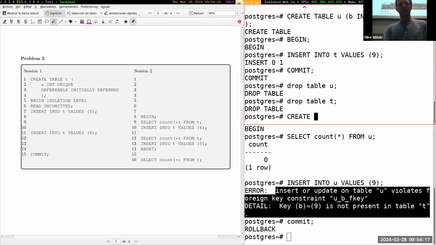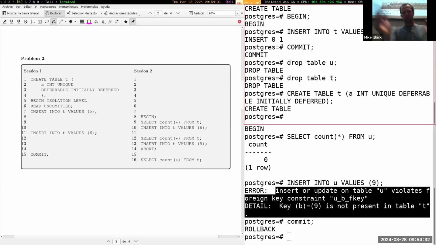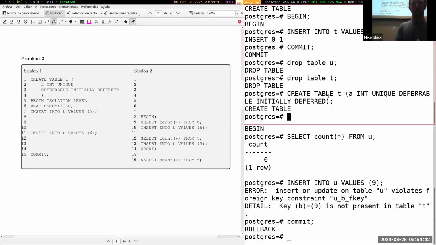I will up here do a create table T, a int unique deferrable initially deferred. I always forget an R or add an F or something here, but I don't think there's a typo. I hit enter, it worked perfectly. And that was lines 1 through 4. Again, SQL doesn't care about white space, doesn't care about enters. You end a command with a semicolon, so the fact that I've typed it all in one line is not semantically important. Line 5, we're going to begin isolation level read